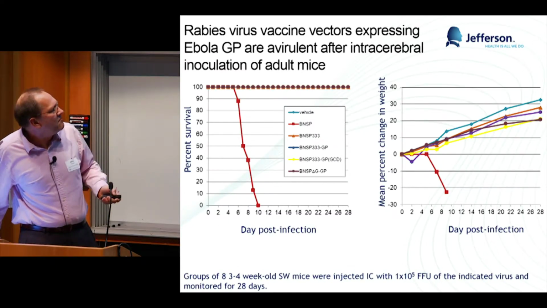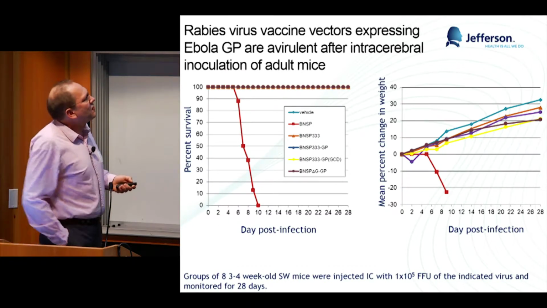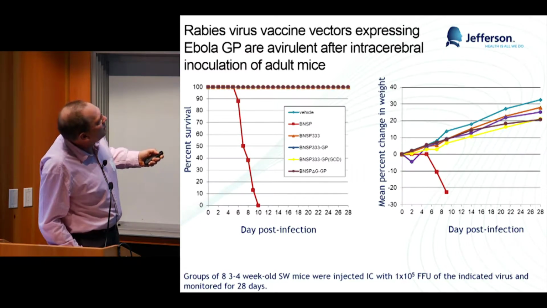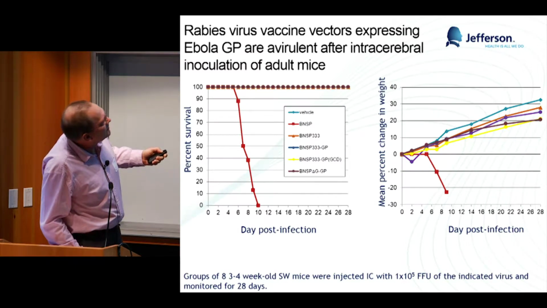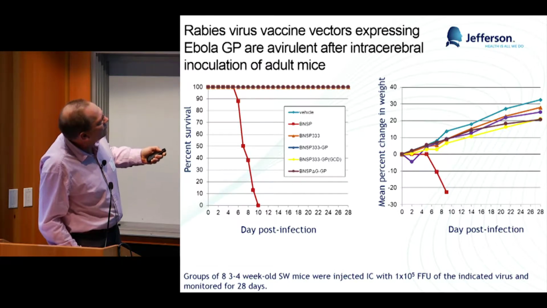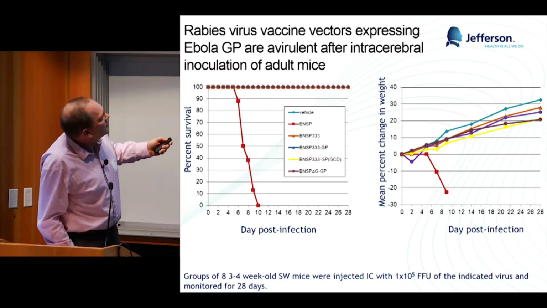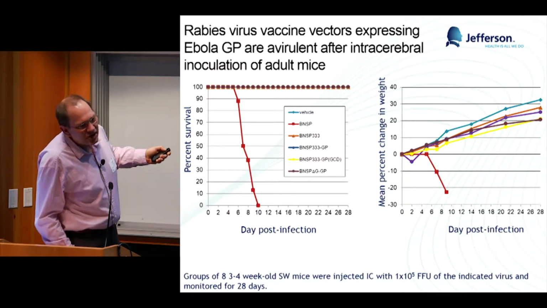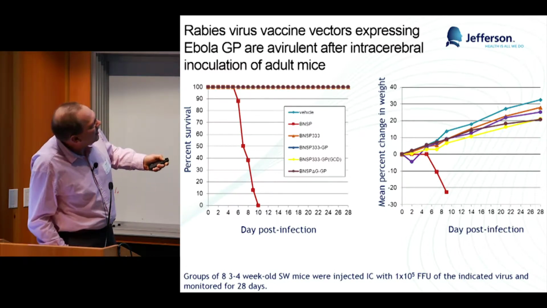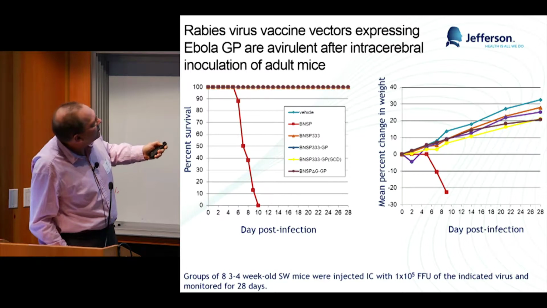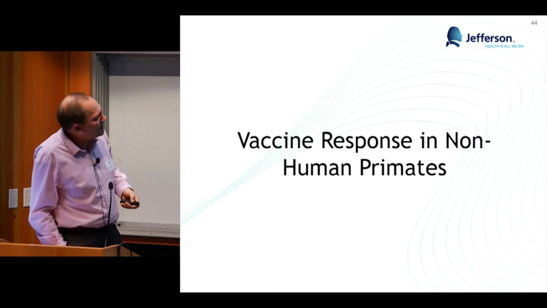Same after IM. And here it's interesting, this is now intracerebral. I told you before, our vector without this 333 mutation is still neurotropic, even though it's a current wildlife vaccine. So you see, if you inject it directly in the brain, the mice will lose weight and die. But if you add this 333 mutation, you have a perfectly safe vector which doesn't spread within the brain.